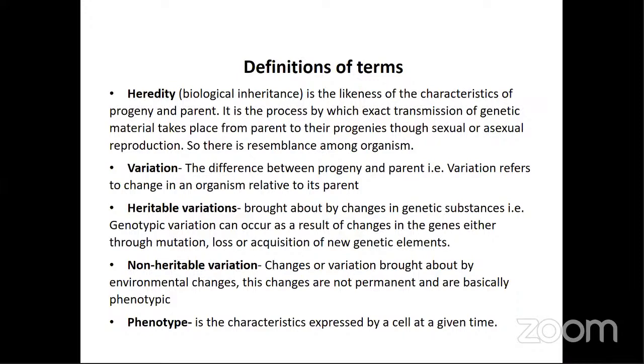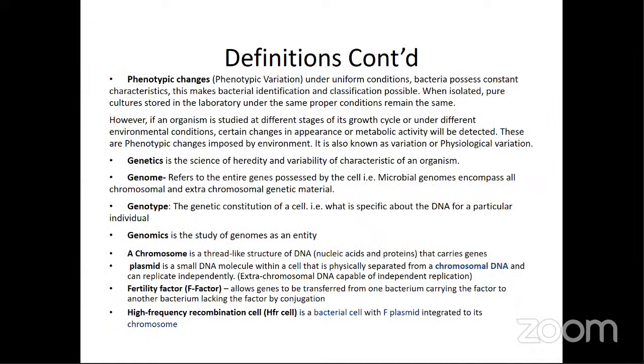So we also have phenotype. Phenotype is the characteristics expressed by a cell at a given time. Organisms can show red color, brown color, it may be wrinkled, it may be round, it may have any shape. The same thing, a dark parent and a fair complexion parent come together, but the child decides to be fair or black. That means the person phenotypically expressed dark coloration. We have phenotypic changes or phenotypic variation.